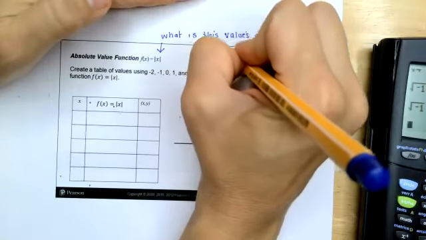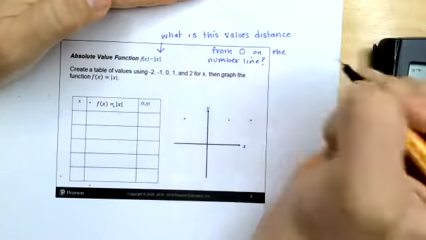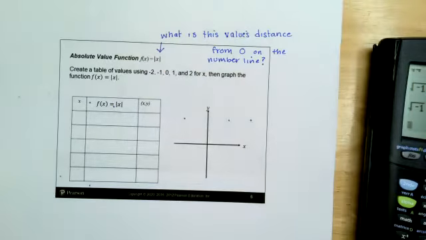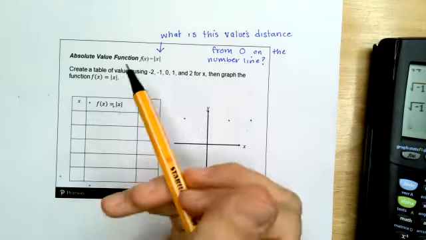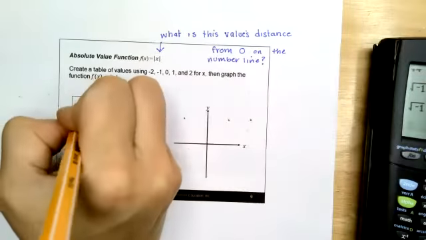And distance is always positive, right? So the absolute value function will always output a positive number. It's not like the square root function, because the square root function, you can't even put a negative in for x, right? Absolute value, you can put in a negative x,